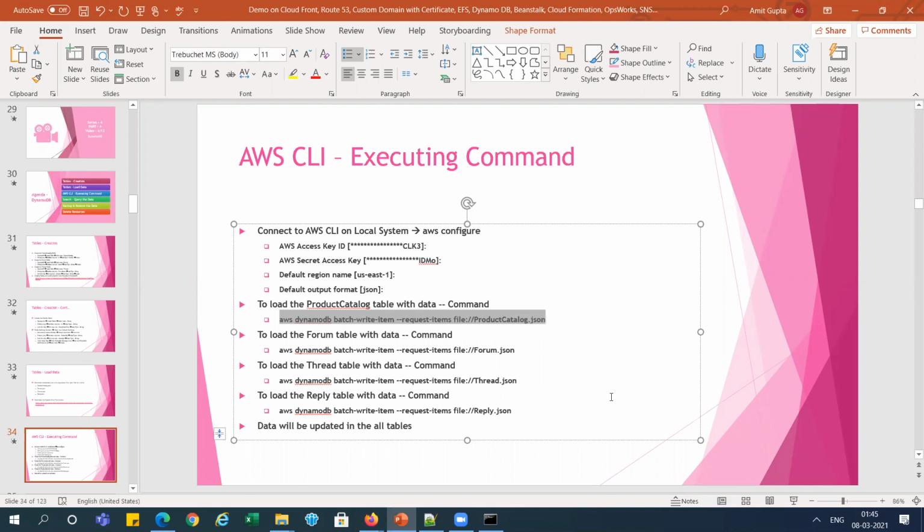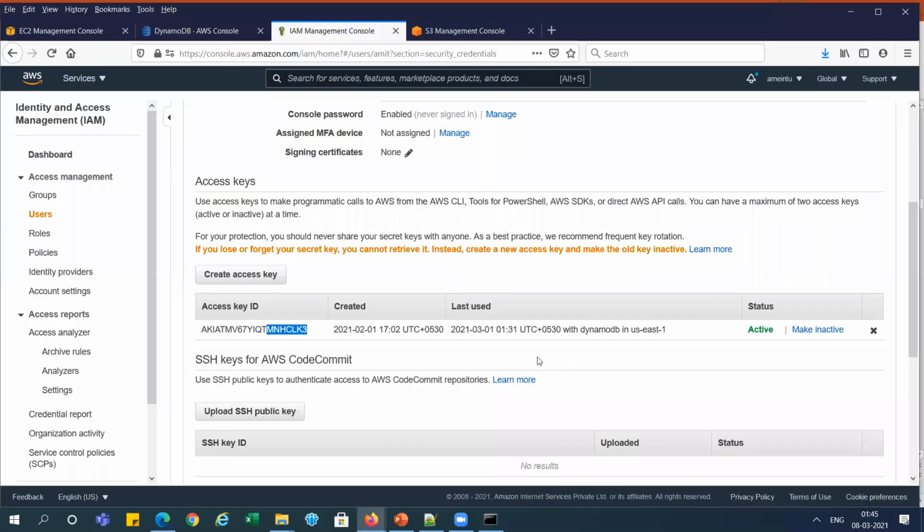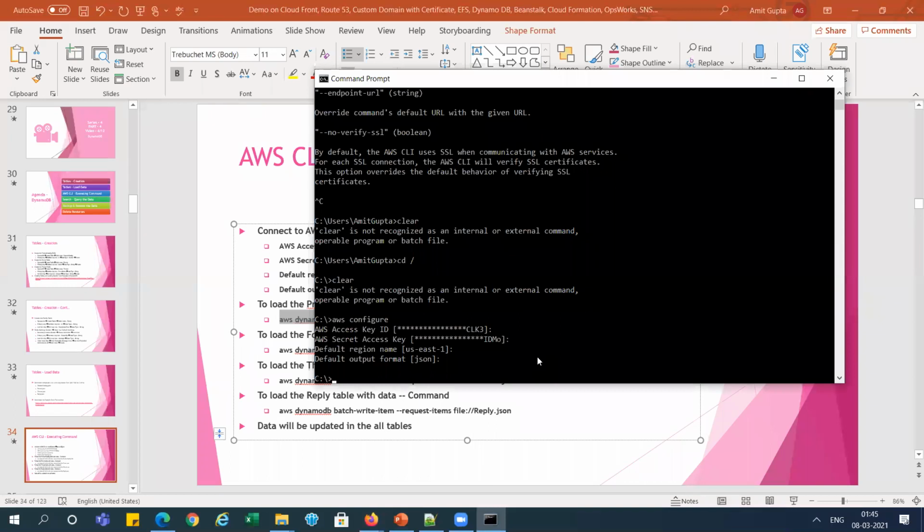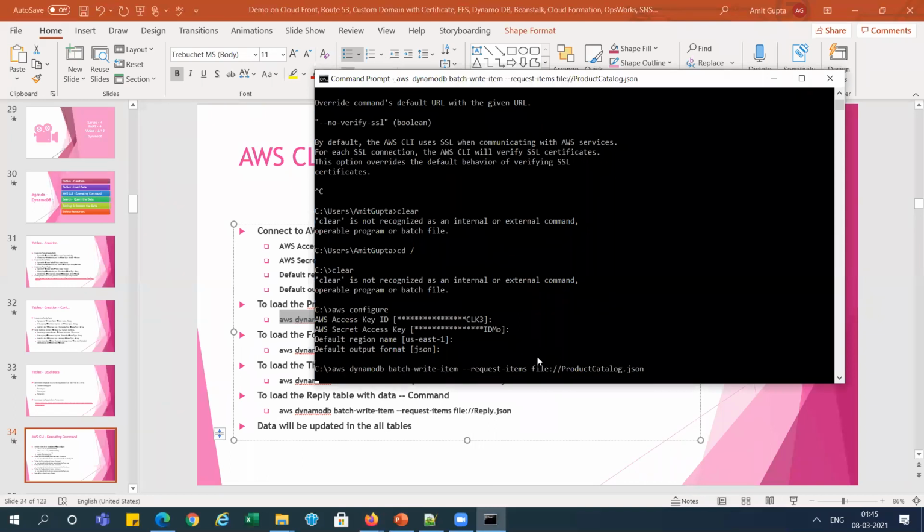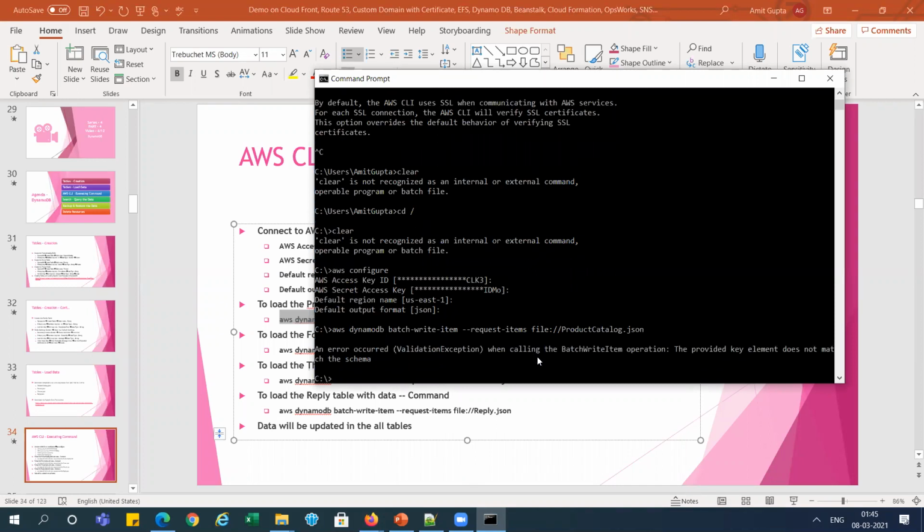So let me copy this and I'm running it from here. You can see here we are getting some exception, batch write item. So let me check here.